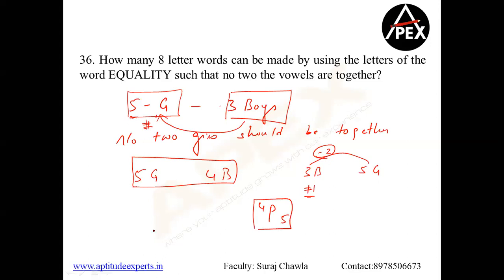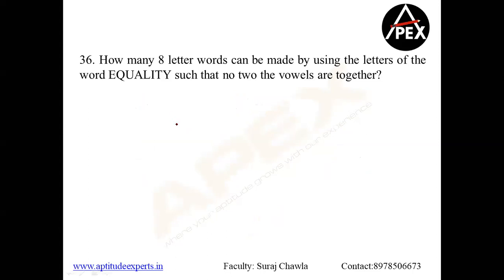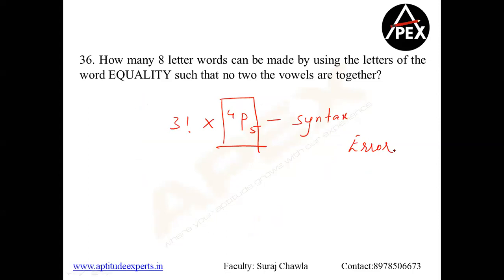That's again a logical way of doing it. If you are forgetting how to remember, understand: arrange all the boys, that is 3 factorial. Now the number of places created is 4 and the number of girls is 5. Please understand, it is a syntax error. I'm sure engineers understand this properly. Clear? So if you want, you can also remember this way, or the other way around is the conditional part should not be more than 1 from here.